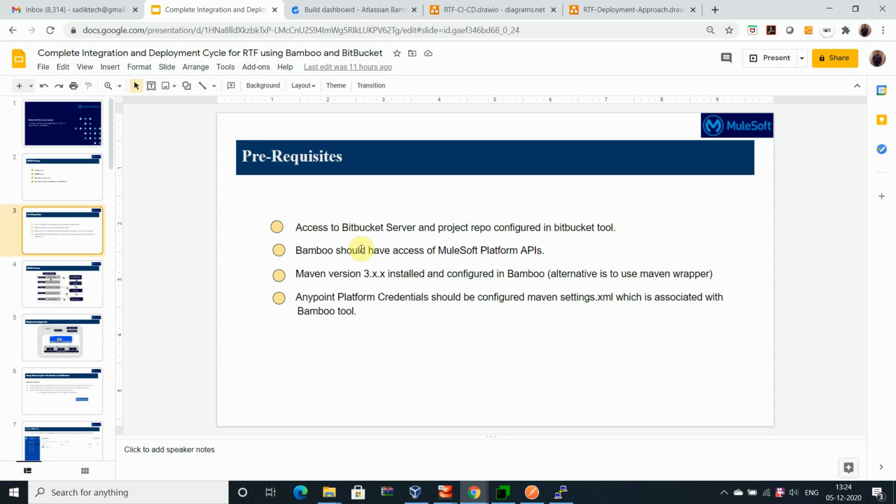This point needs to be taken care of, and apart from that, you should have all the credentials which will be required to configure in Maven and the Bamboo server. All the parts I will explain in the demo where it has to be done.